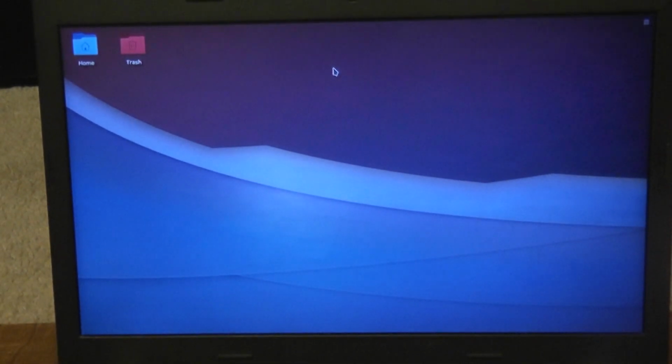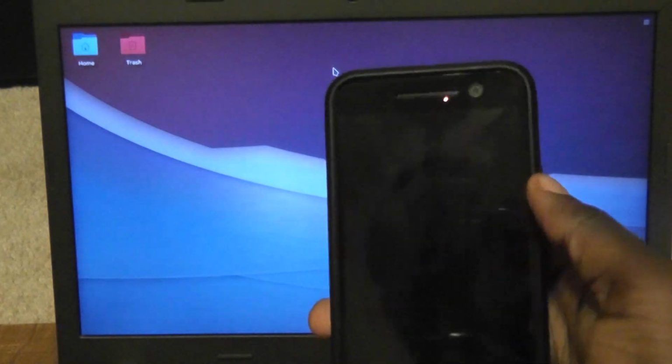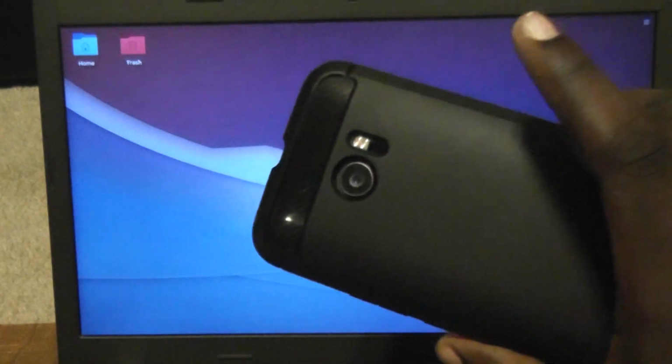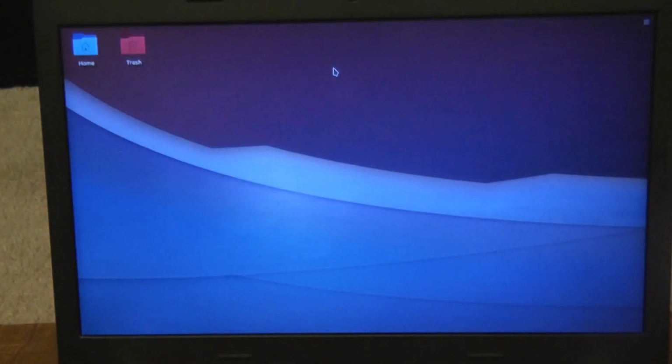So, as you guys know, I use an Android device. I use an HTC 10. Hopefully I will get an upgrade very soon, but as of right now, I use an HTC 10. I will always use an Android device. Windows, despite their efforts, does not have very good phone integration. However, with Linux and KDE Connect, which is found right here in my toolbar,